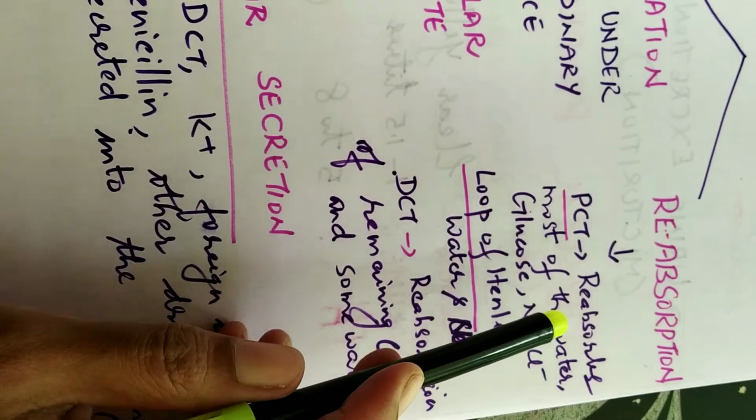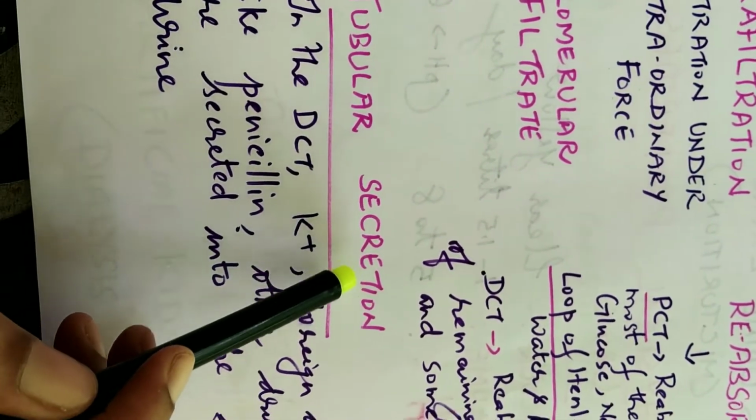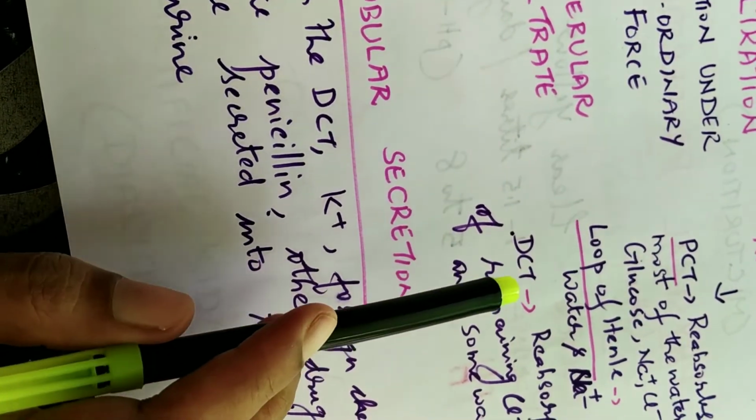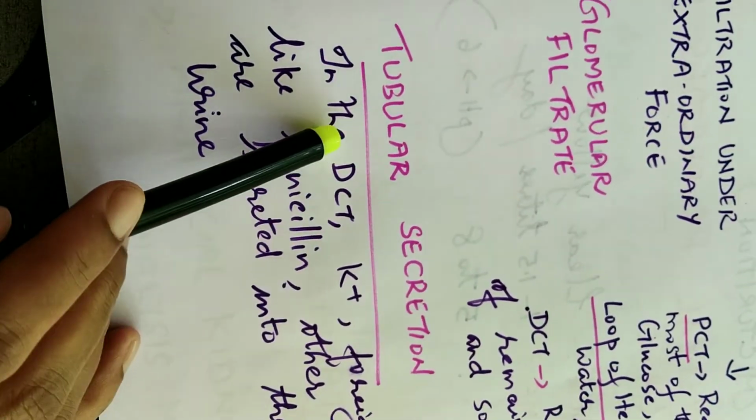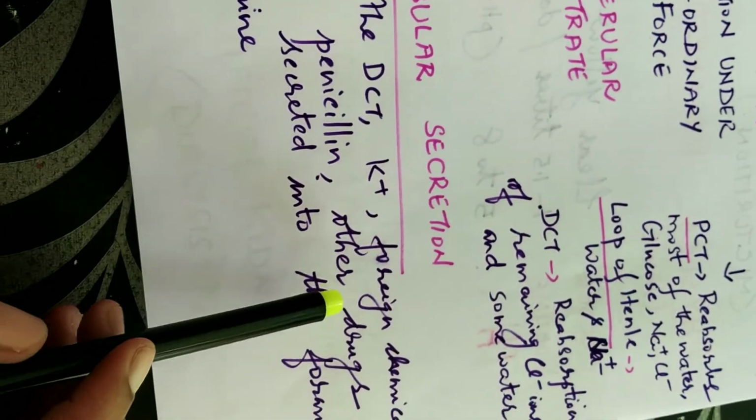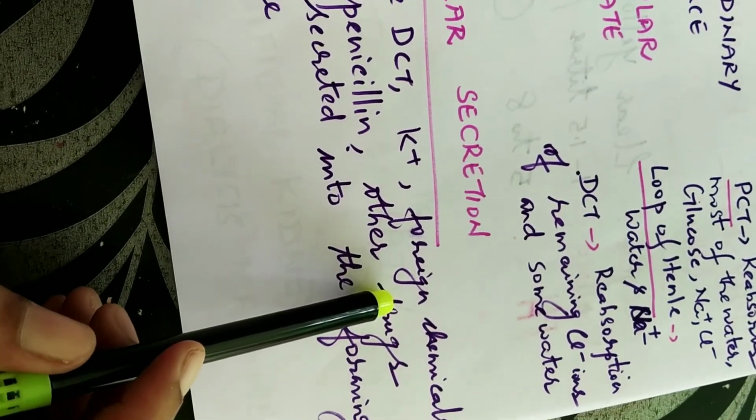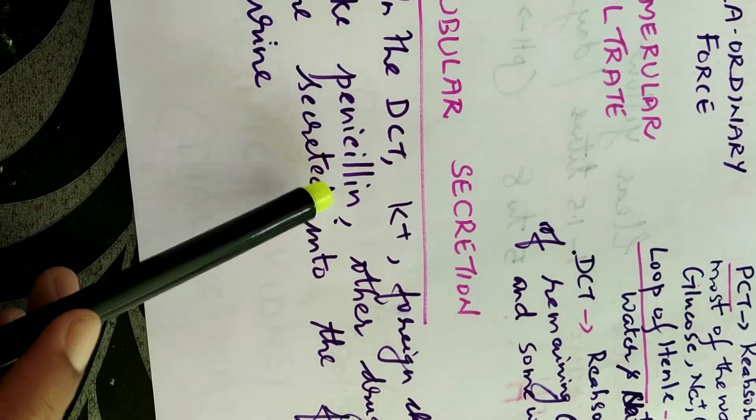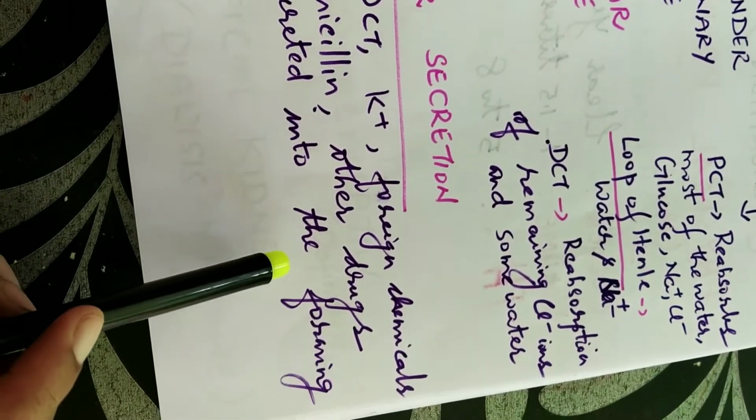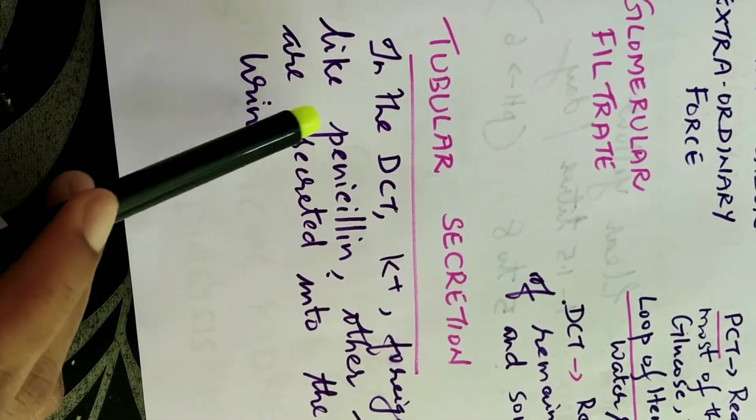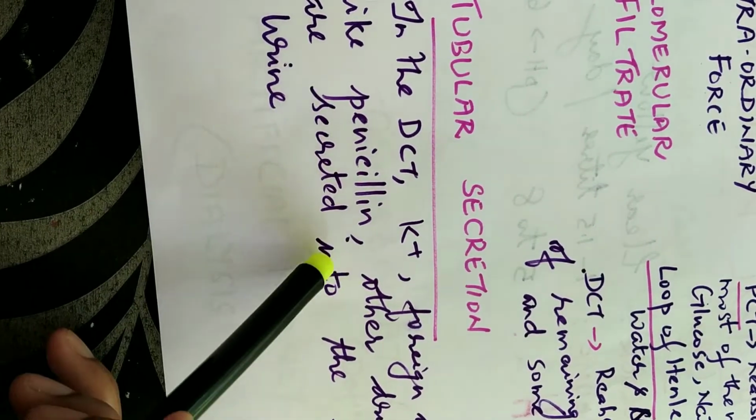Now, after the reabsorption, there is a particular process that happens that we call tubular secretion. This is happening in the DCT region itself, that is the distal convoluted tubule. So, tubular secretion refers to the secretion of certain substances like potassium ions, foreign chemicals including penicillin as well as certain other drugs into the forming urine. So the tubular walls in the DCT region are actually secreting this into the urine